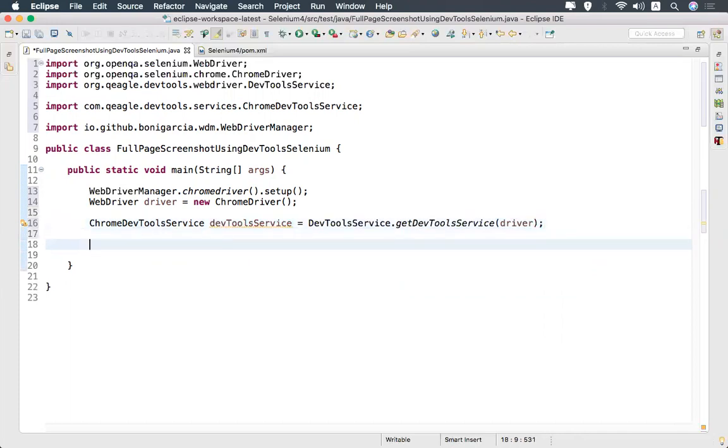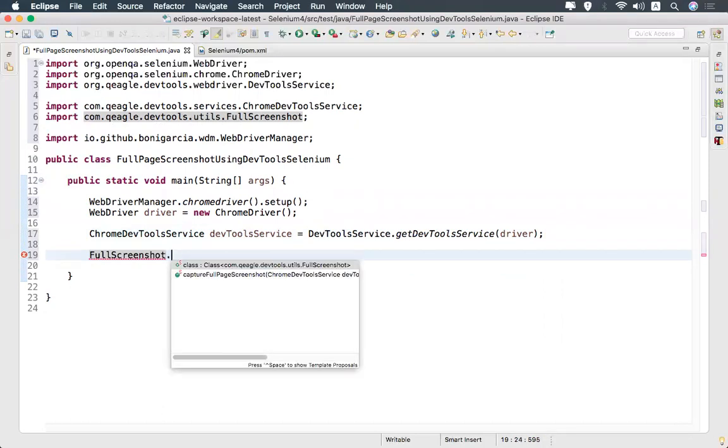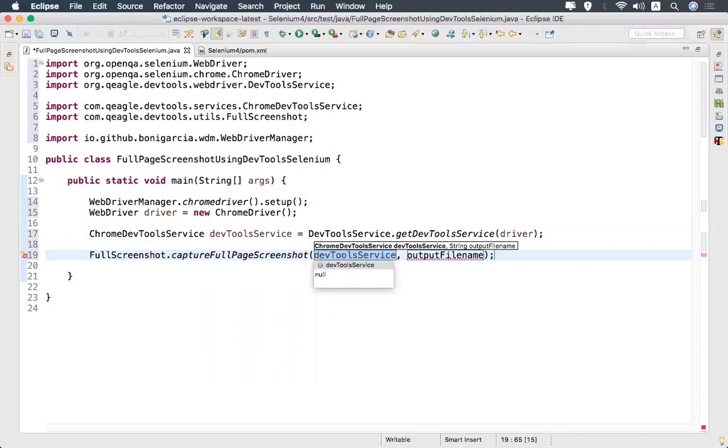So now we have FullScreenshot. This is also coming from qeagle.devtools.utils.screenshot. FullScreenshot.captureFullPageScreenshot, and you need to pass the DevTools service and where you want to store your full page screenshot.